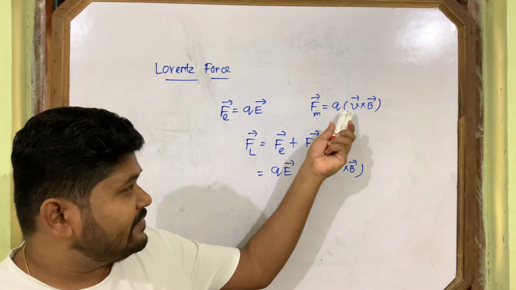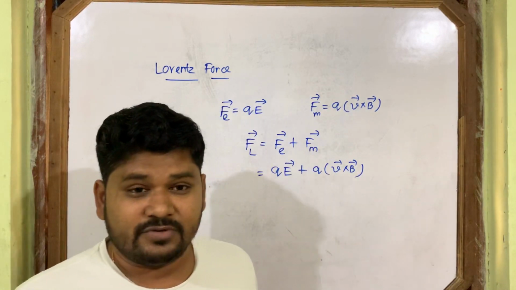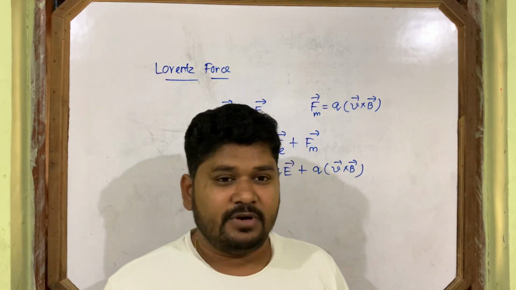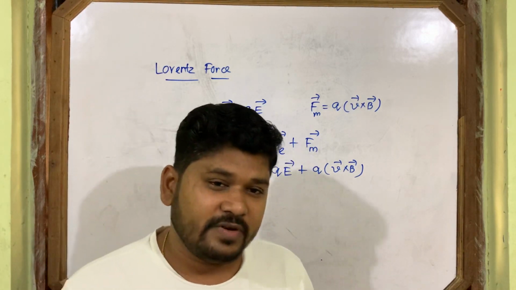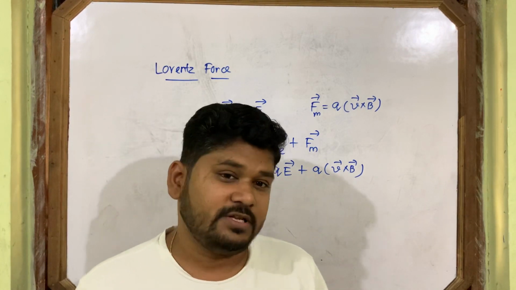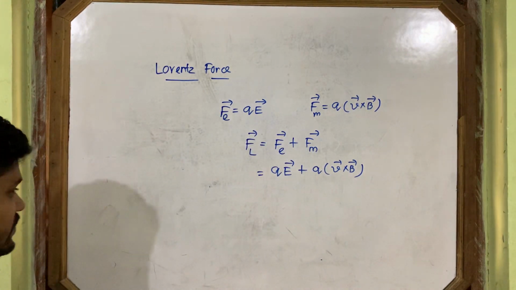Also, if one single force acts, this force can also be called a Lorentz force. If electric force is 0, then this can also be called Lorentz force. But when both fields are present at one place, the sum of the total is actually called Lorentz force. Okay, from this Lorentz force, now we'll discuss